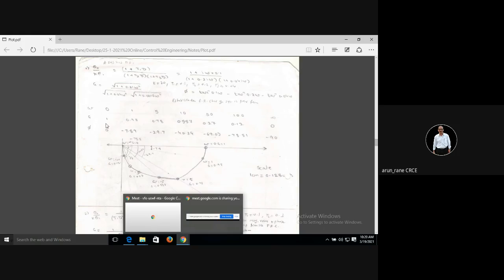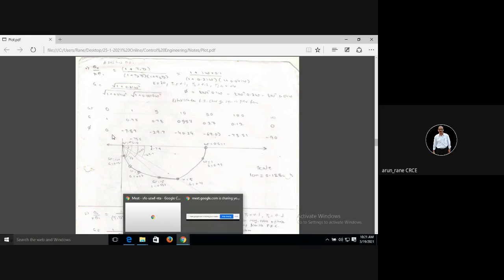So g is equal to 1, so from here it is 1. Then here how much is it? 0.98. So from here it is 0.98. Okay. Then from here it is this. How much is it? Then here it is 0.587. Then this is 0.27. So that means you have phi done and g done.